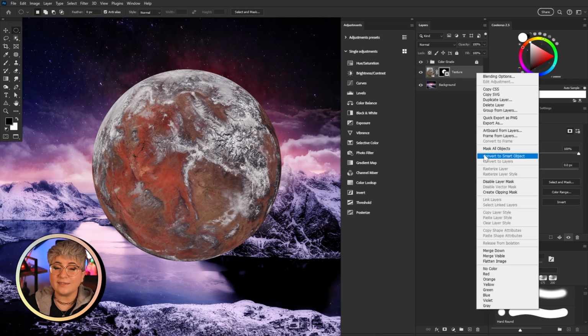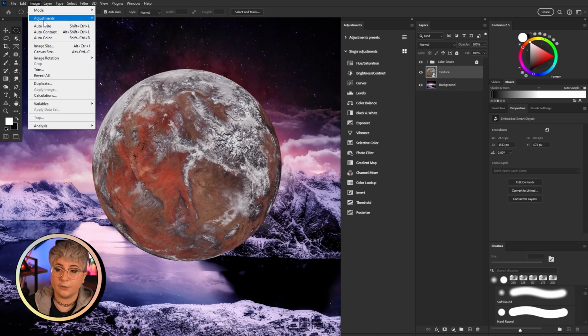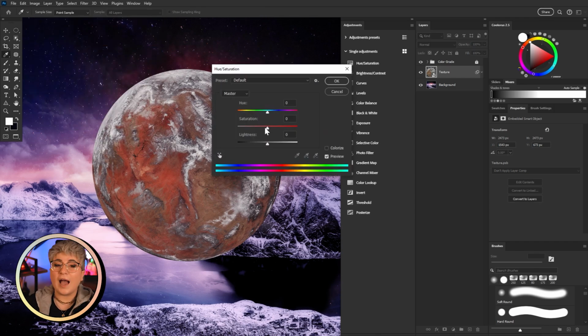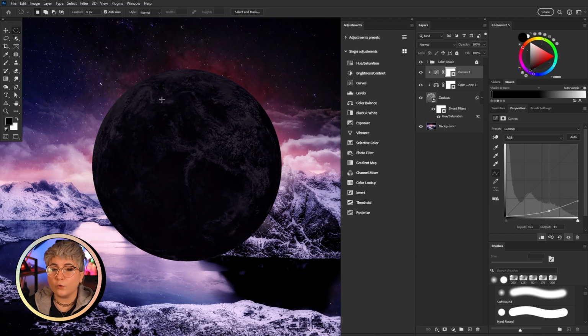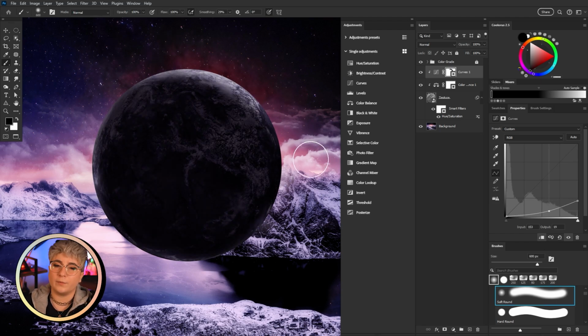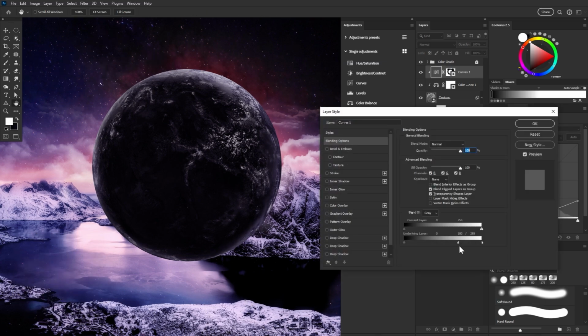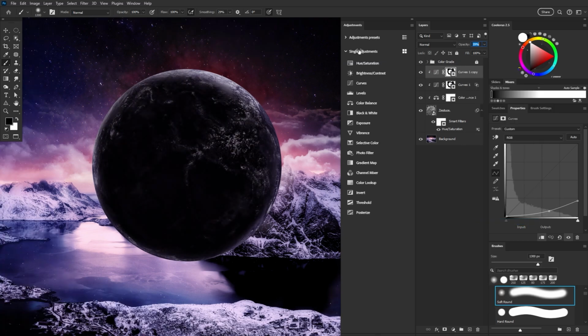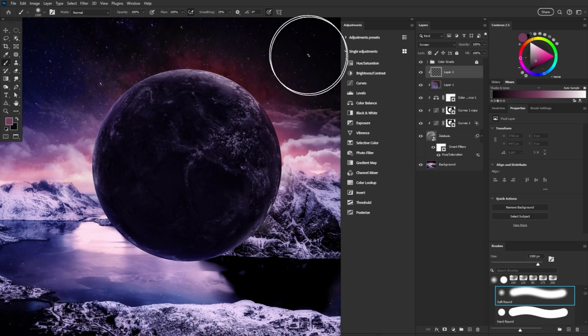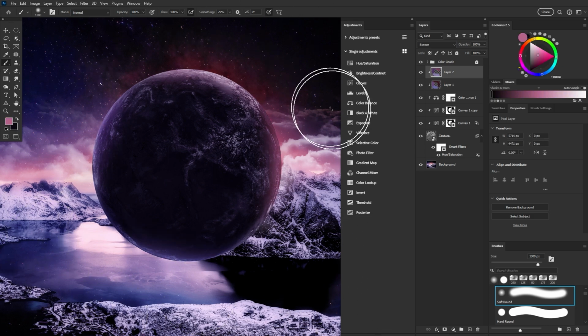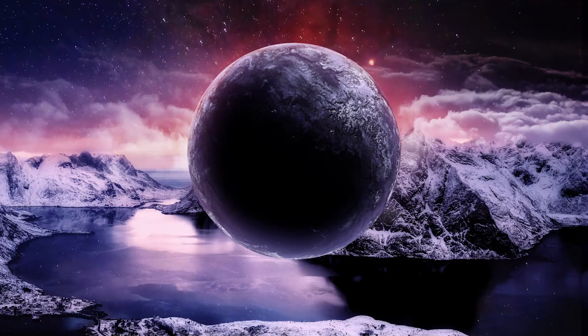Now what you do next is completely up to you and how you want your planet or moon or rock to look. I used a combination of hue, saturation, and color balance to add a nice pink hue to my planet, just to match their surroundings. I also used a clipped curve adjustment layer to darken the planet's middle, masking the edges, and that creates that nice rim light effect. Then I continued to beef up that rim light and bounce light using a clip layer set to screen. And a soft round brush to just lightly paint some of the environment's color onto my planetary sphere here. And this is just a great starting point. You can push it as far as you want.